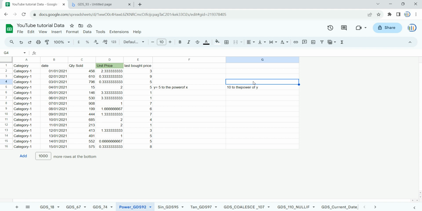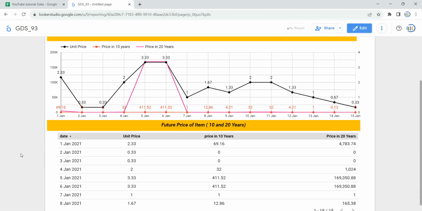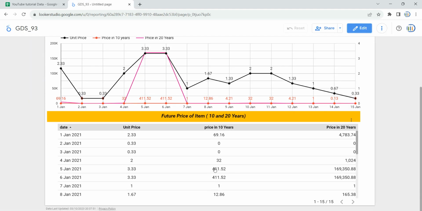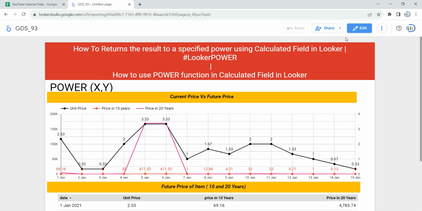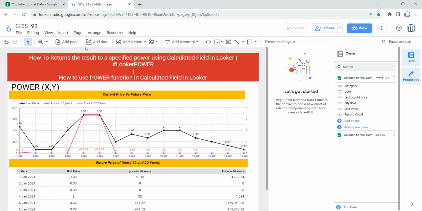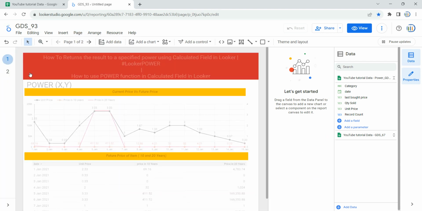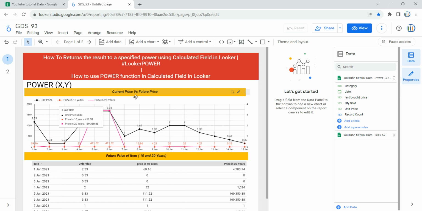We'll create this table over here where we are going to apply the power function with a calculated field from scratch, so that you get the idea of how you can use the power function within a calculated field to calculate the future prices, or to calculate values. So what I'm going to do is click on this edit button first, and then add a new page so that I can show you how we can do this from scratch. And I'm going to copy this